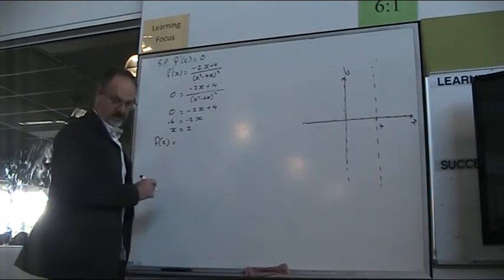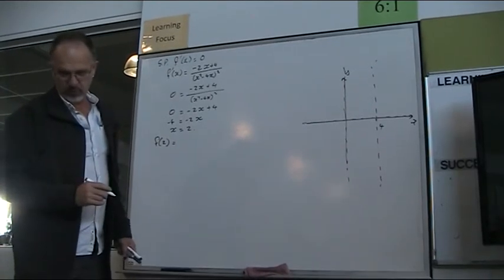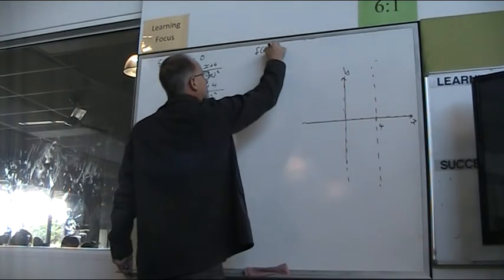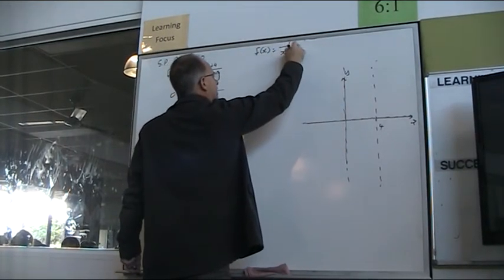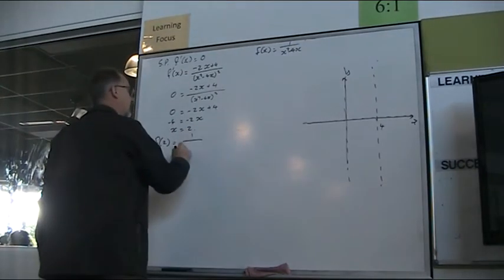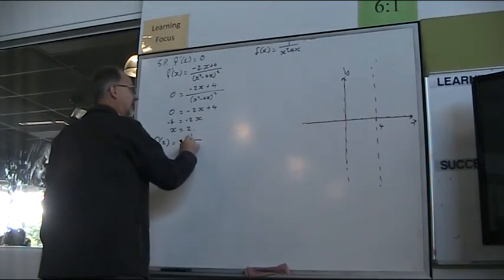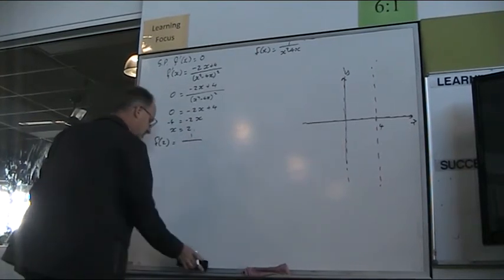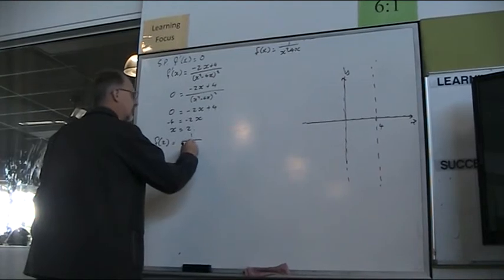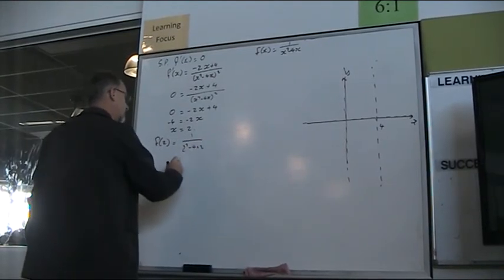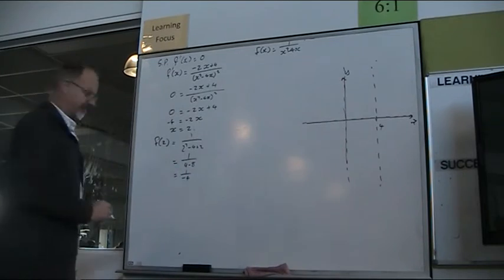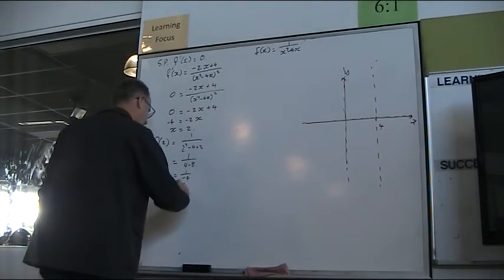Now remember the original equation was 1 over x squared minus 4x. So we've got 1 over 2 squared minus 4 times 2, 1 over 4 minus 8, which is 1 over -4, which is -1/4, I believe. So at 2 and -1/4,